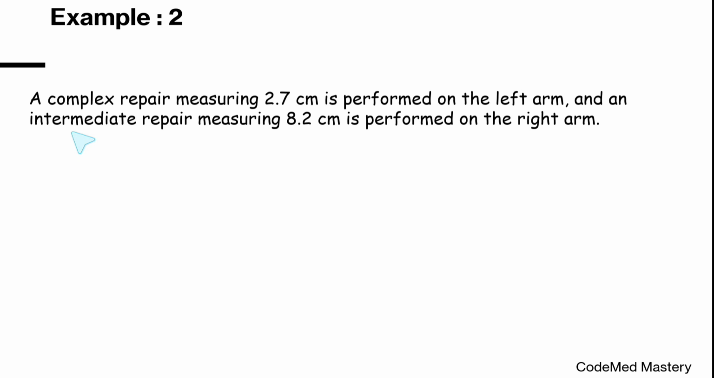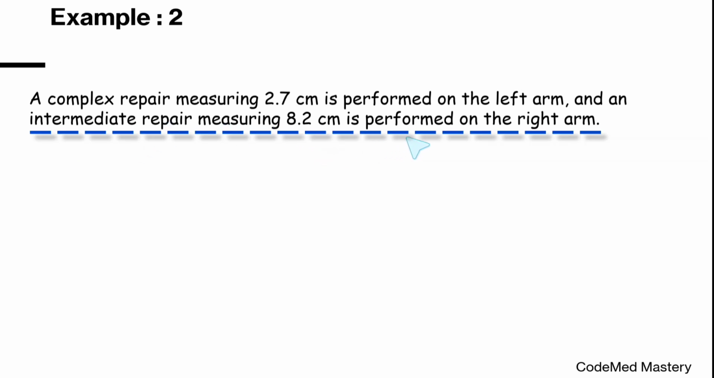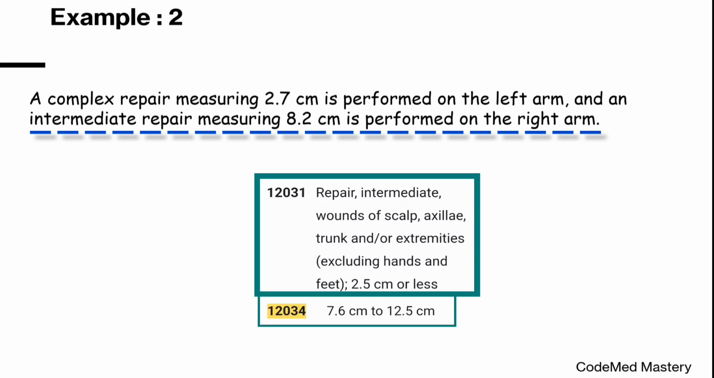Next, we'll code for intermediate repair measuring 8.2 cm on the right arm. Check intermediate repair. The code will be 12034. Repair intermediate wounds of scalp, axilla, trunk and or extremities. The anatomical location here is right arm. Therefore, we can use the code 12034 according to the size 8.2 cm. In the question, they have given 8.2 cm, right? Therefore, we'll use the code